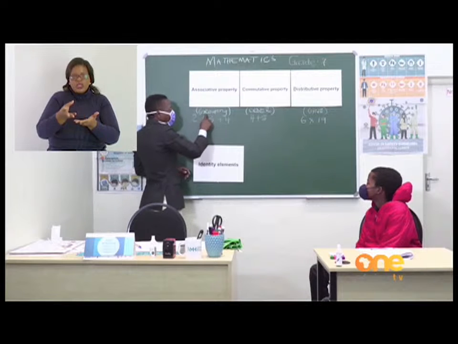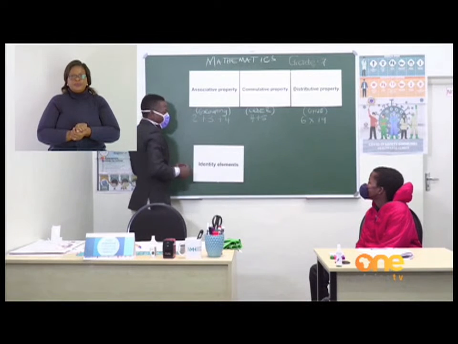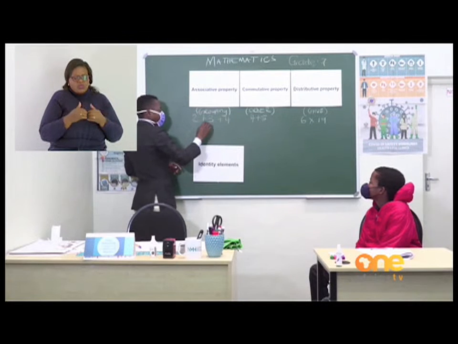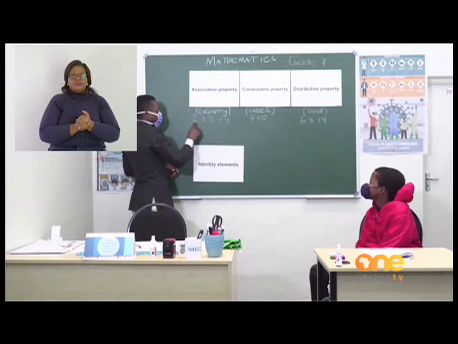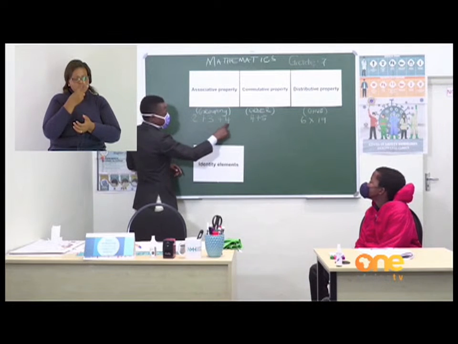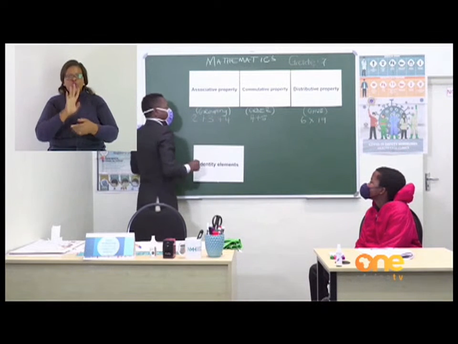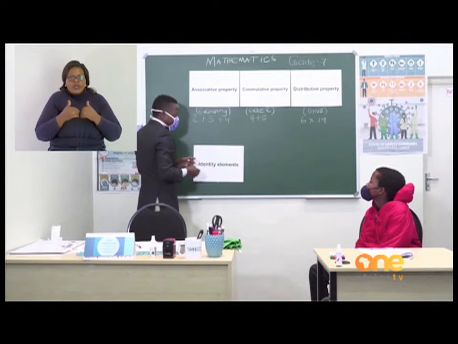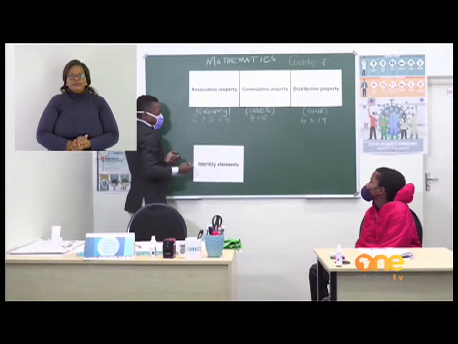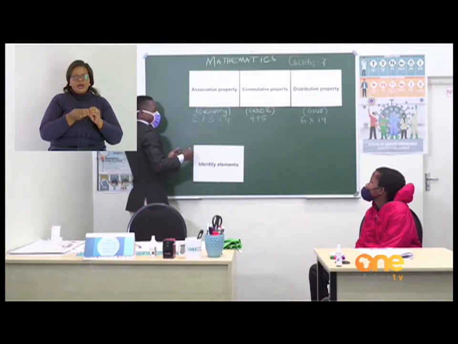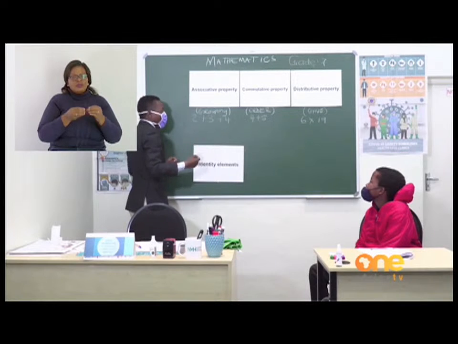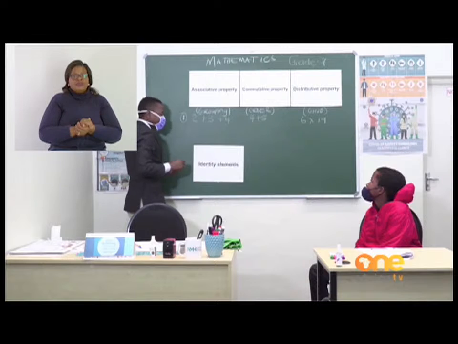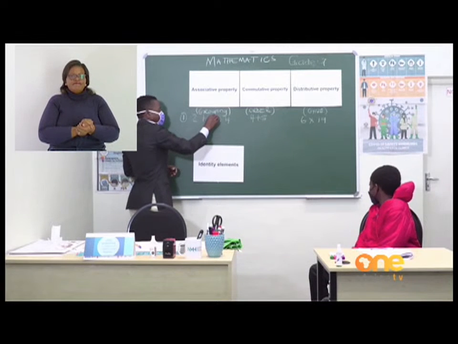Associative property, we need to group. We need to group numbers where you need to start. If I have 2 added to 3 plus 4, you can decide wherever to start. If a number is associated with the other number, then it's up to you to decide where you want to start. For example, I'll say the first one. I can decide to start here,